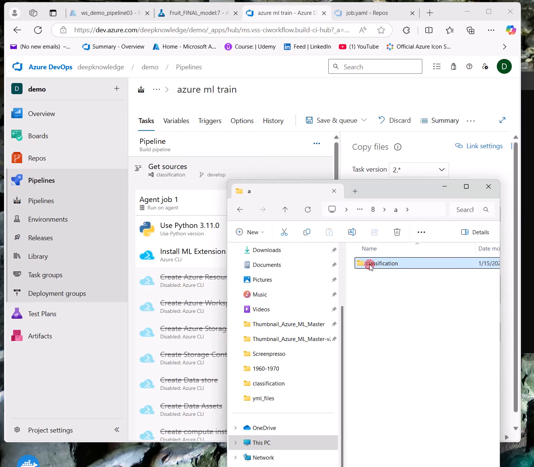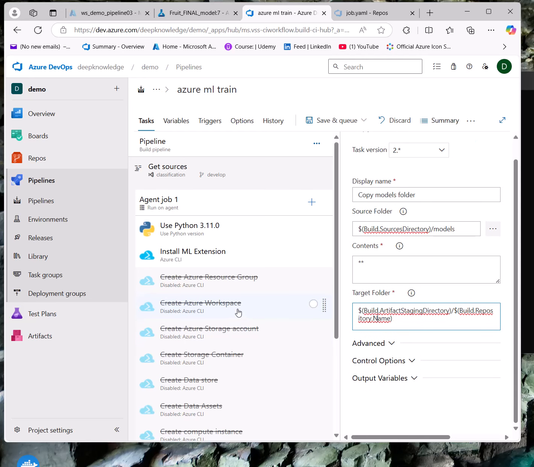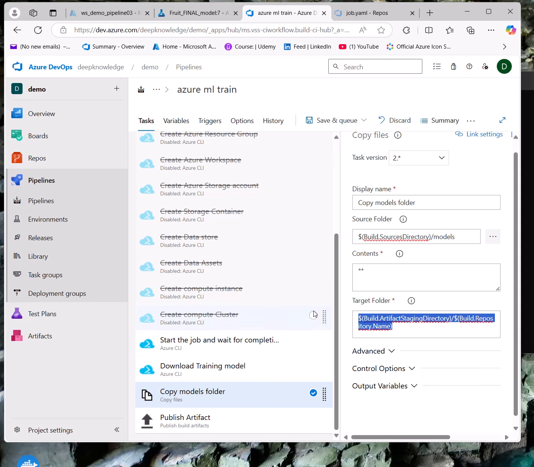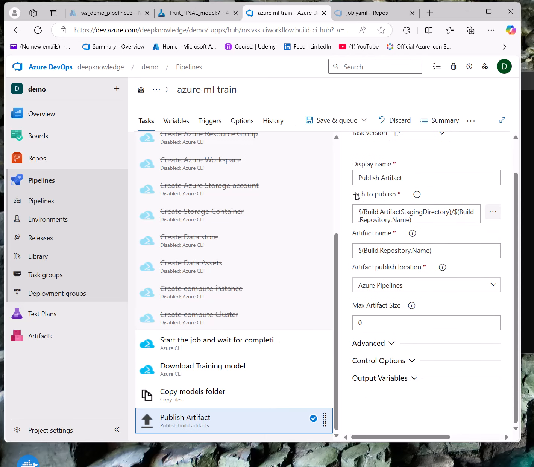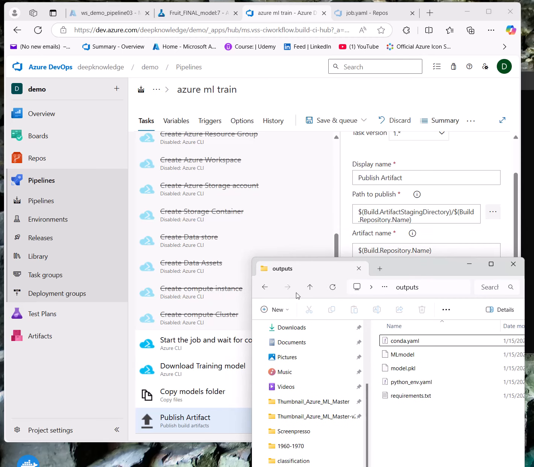It will create a classification folder, then put everything inside this. Okay, and the last step is to push all files from this directory and put them here as artifacts, to publish artifacts. You can see this is the name and the path to publish, with this path here.